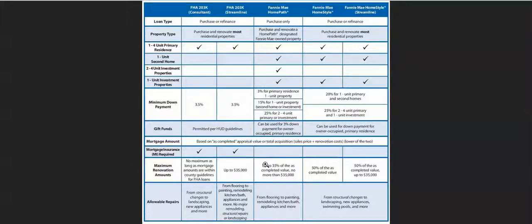Okay, and finally, to close this out, we're going to talk about the meat of the programs, in terms of the maximum amounts that you can use for the renovations and the repairs to the property. I'm going to start with the HomePath just because it's pretty straightforward and similar to the others. Your maximum allowed renovation is up to 35% of the completed value. So again, in that earlier example, if you purchase the property at $100,000 and you put in $35,000, which happens to be the limit here and why I used that amount,